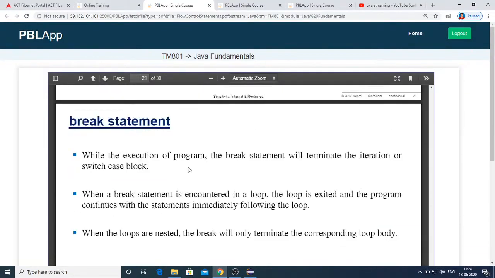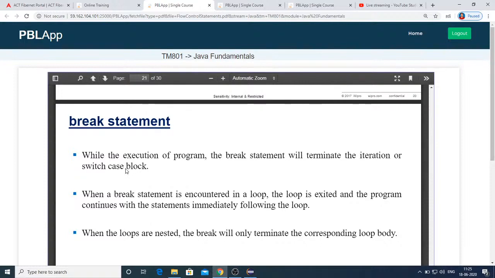Next, coming to break, you can have this break within the iteration statement, and you can have this break even in the switch also. It will come out of the nearest closing brace.